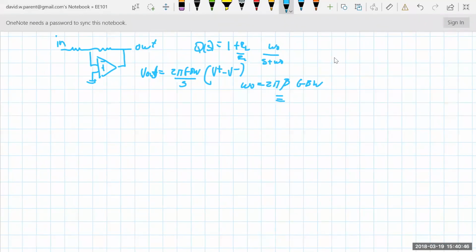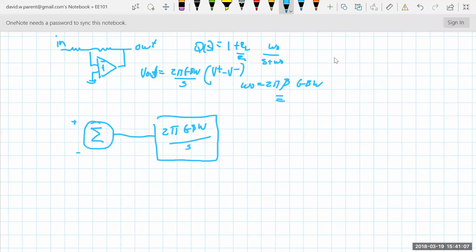do some superposition. So I'm going to put the summer back here. All right, and I have plus and minus, and the op amp transfer function is going to be 2 pi gain bandwidth divided by S. That's going to go to V out, and then we're going to have some feedback, right? Now the thing is, before it was easy because N was at ground and I just did a voltage division. Well, let's do a superposition. That makes N at ground, and then we're right back to beta equals